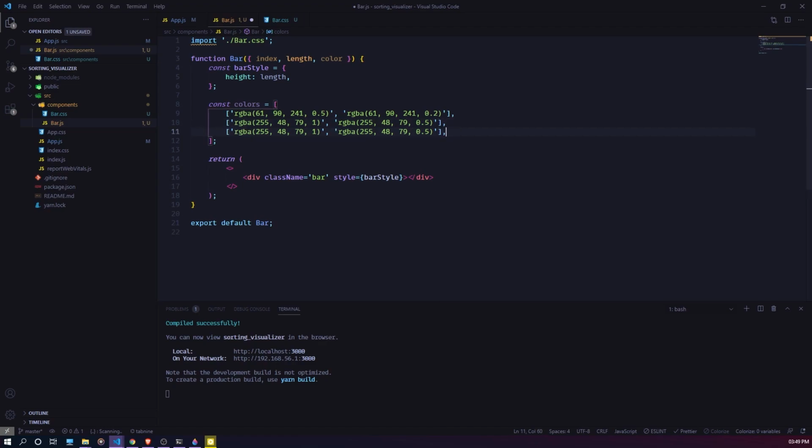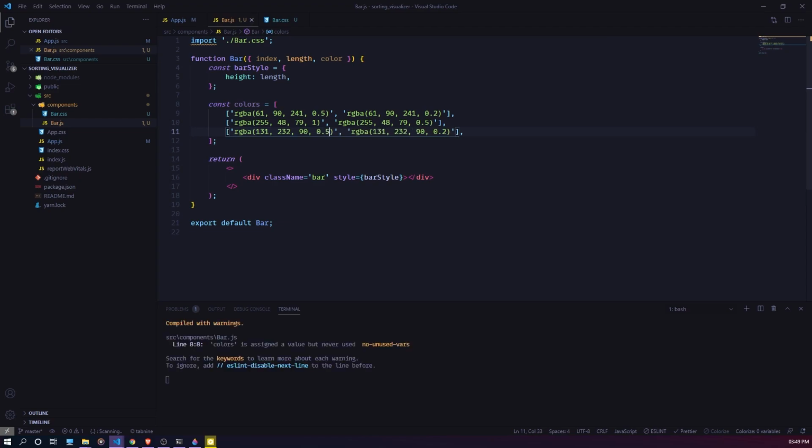Perfect. So now we are going to have 131, 232, and 90. You paste that and make the opacity 0.2. Perfect. And make this opacity 0.5. Yeah. So this is going to be a light variant of some green, and this is going to be a dark variant of red, and this is going to be a purplish blue. Yeah, so now with the colors set, let's go ahead and